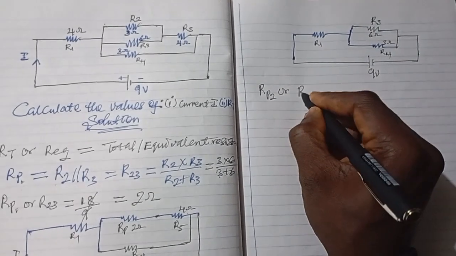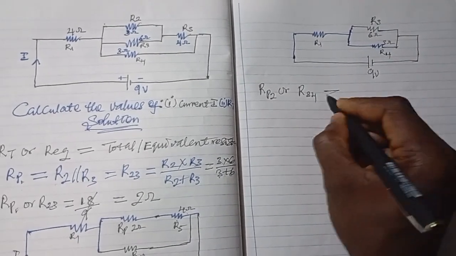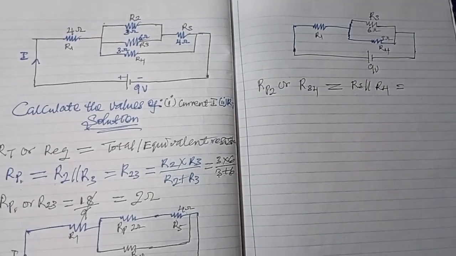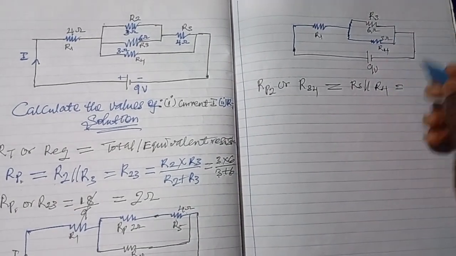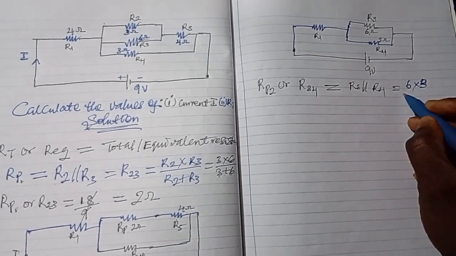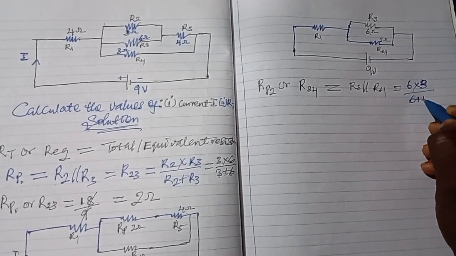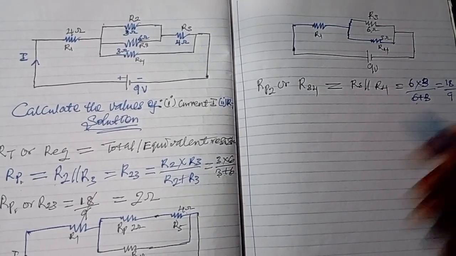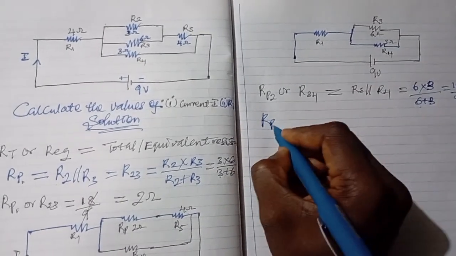R4 is R parallel R4. This is equal to 6 multiplied by R4, which is 3 again, divided by 6 plus 3. So we still have 18 divided by 9. So R P2 or